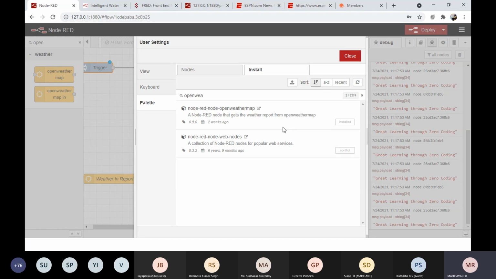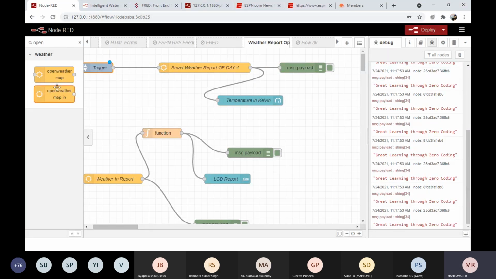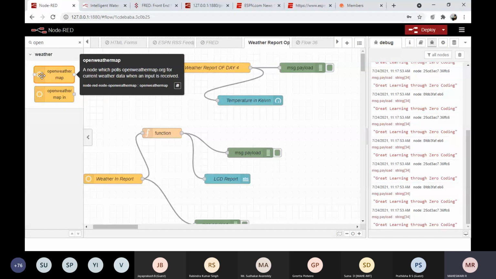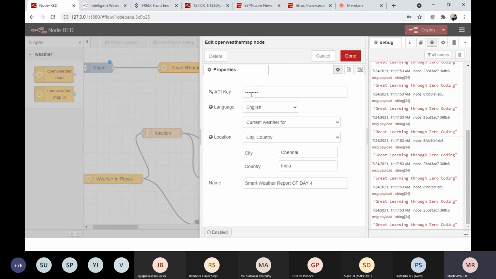So open weather map will be applicable for us. In the last one, we installed FRED. Now we installed open weather map. So click OK. Once it is installed, these two will be available here. The first one is the open weather query. You just take it and place it here, double click it. The API key which you copied over there, we have to specify here.